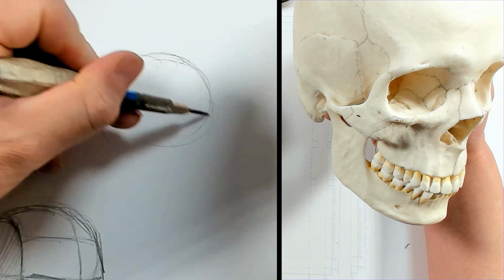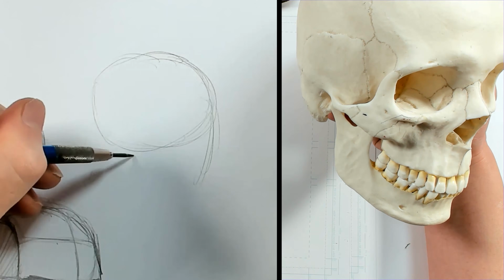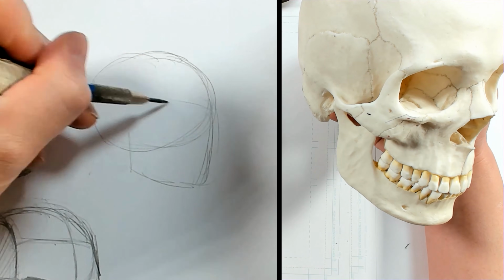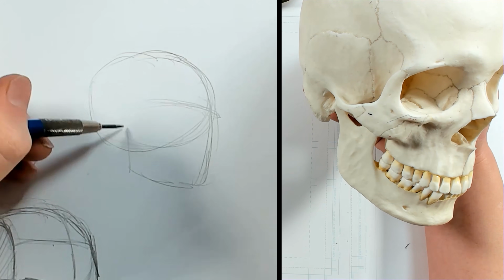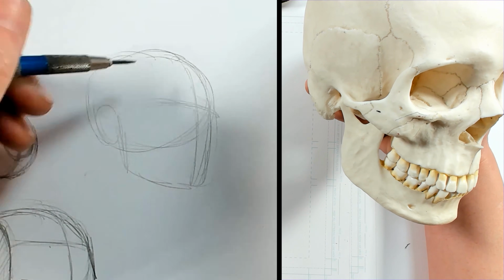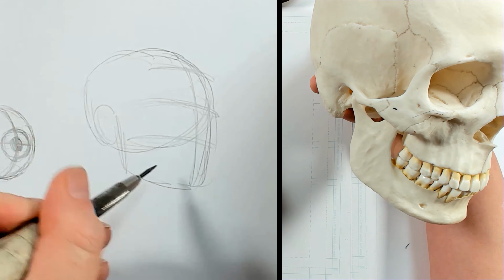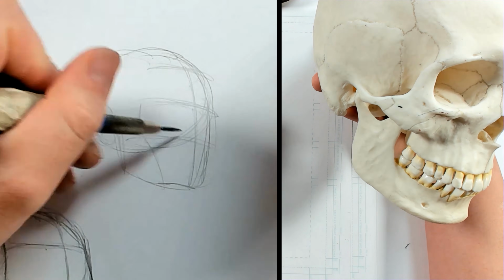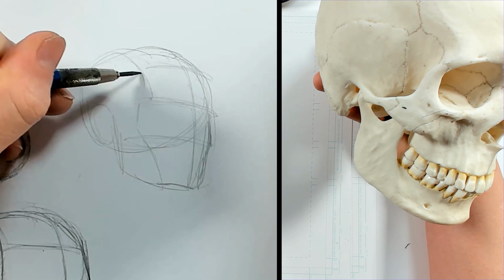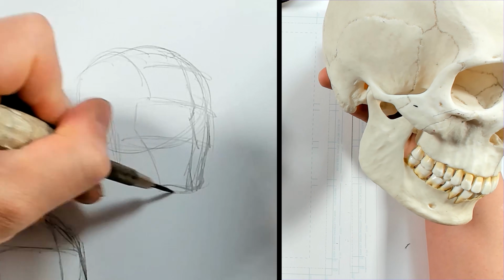So I've got a sphere for my cranium, then my face is going to attach just below that. I've got a line for my brow. My ear will attach just back here. I've got a center line for my nose, line for my forehead, and then my chin here. And I've got basically something like this, a very simple form, just enough to give me a basis to draw